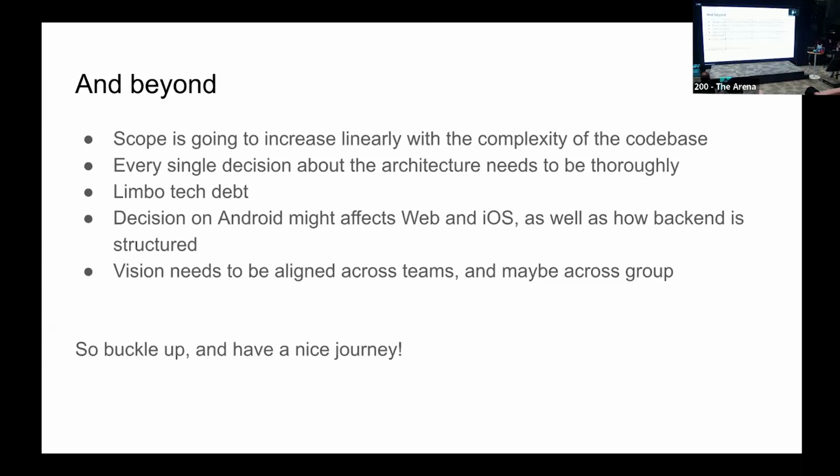Every single architecture decision is going to have a ripple effect across your organization. You might be building your application on Android, but that doesn't mean that it will not affect our Flutter people who are building the same thing, using the same API from the backend. You have to have a holistic view of the backend and the architecture of what they are doing to make these kinds of decisions.